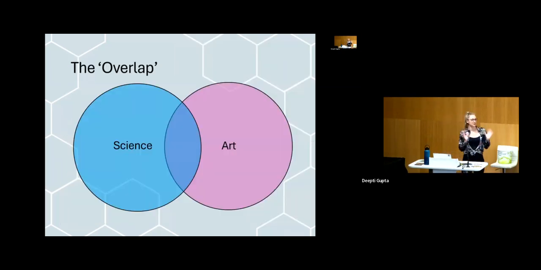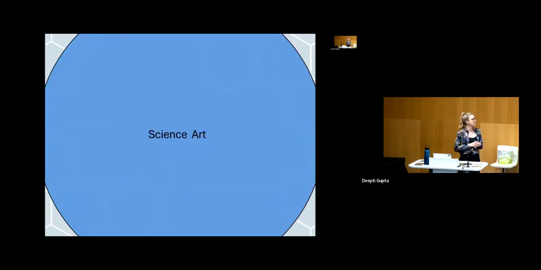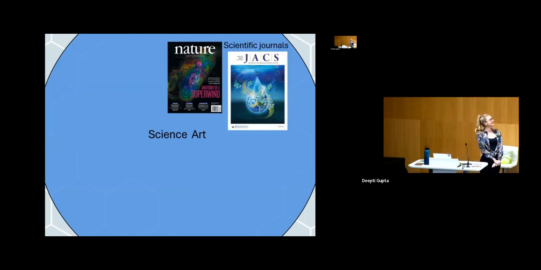So the science art overlap, I feel like for some reason it's kind of embedded in us that science and arts cannot be related. They're different subjects at school. And I think there's a lot more overlap than you might think. So I'm giving you just a few brief examples, which were actually nicely introduced in the previous presentation.